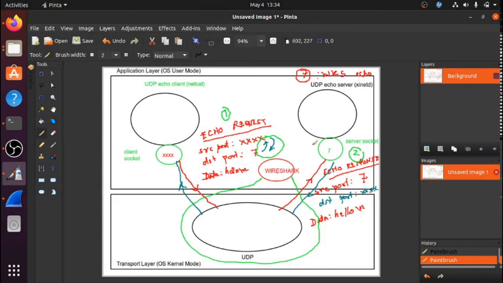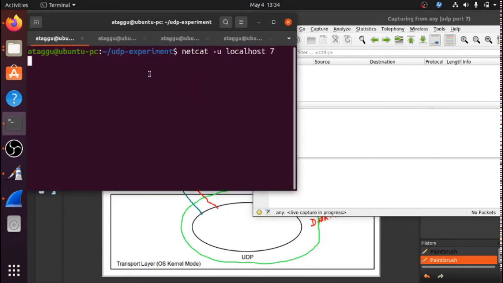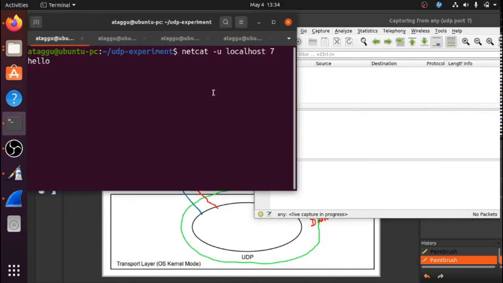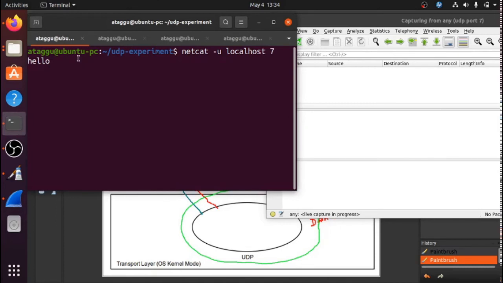So the moment we start the client interaction, we are expected to see 2 packets, and it's going to be very fast, so you have to observe carefully. The first packet will be the request packet, and the second packet will be the response packet. So let's do this now. We are just about to say hello, and we are just about to enter. Just look at this window, and it's going to happen so fast because 2 packets will immediately arrive. So you have to be very careful, mentally be ready to observe it. So ready, 1, 2, 3, go.